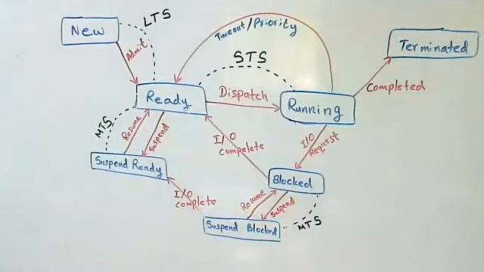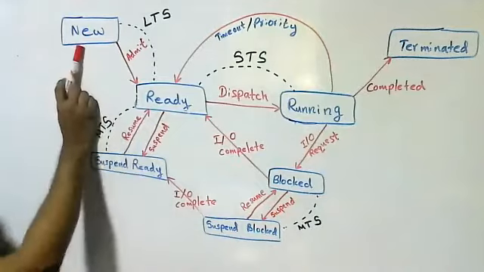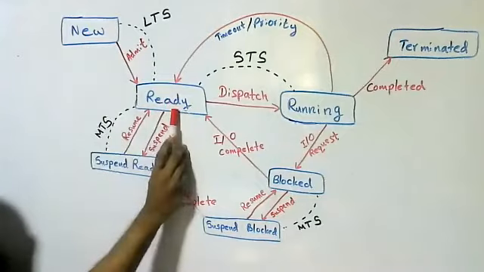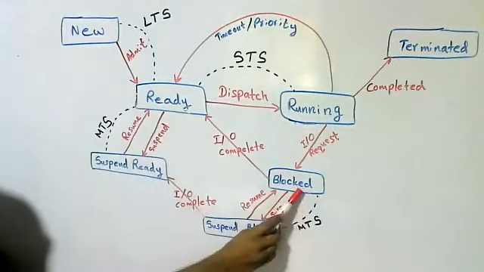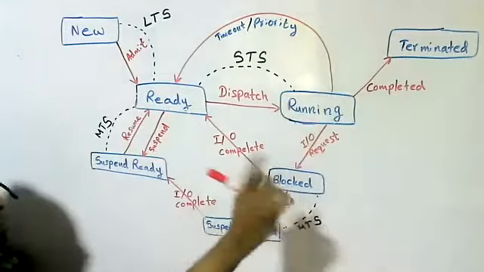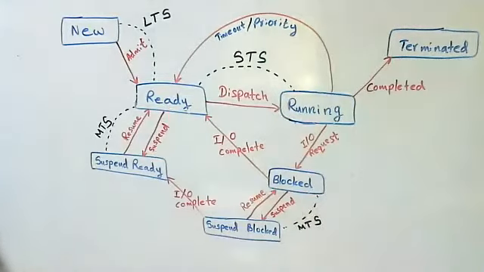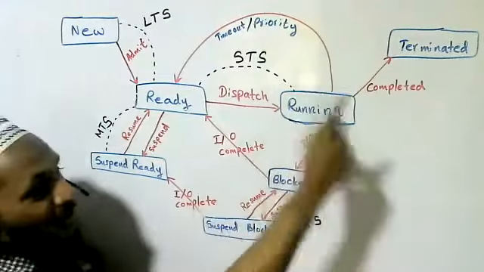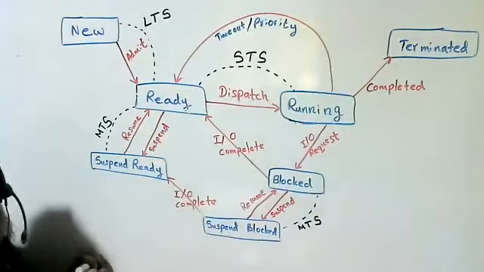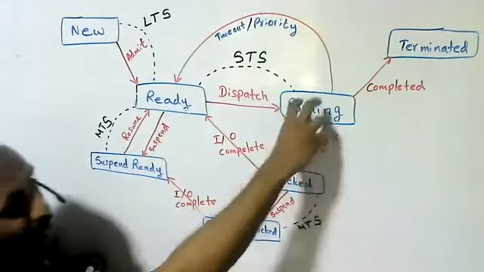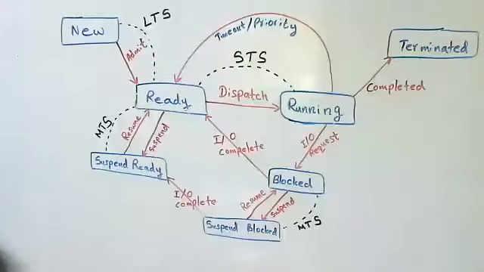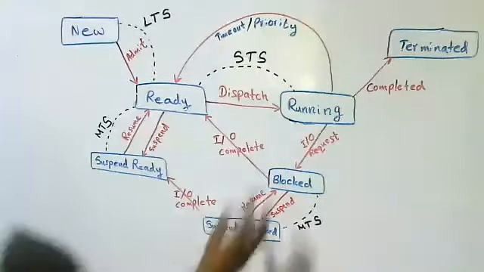Right. Okay, students. So here many processes are there. But here only one process is there, isn't it? The CPU can allocate to only one process at a time. So no need for a scheduler. Isn't it, students? Can the CPU run many processes at a time? Is it possible? No, it is not possible. So only one process is there.